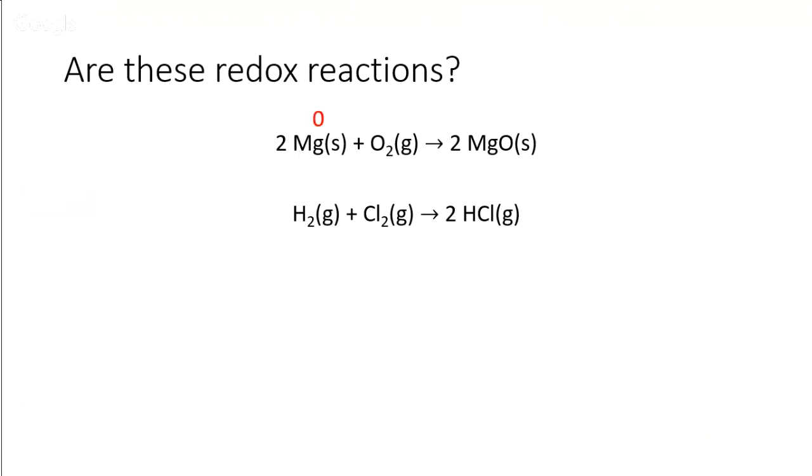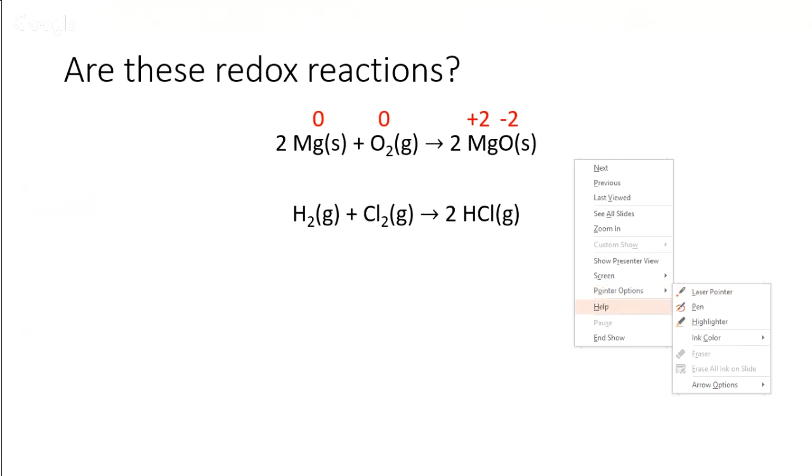So magnesium in the first equation is a free element. It's all by itself, it doesn't have a charge, so its oxidation number is 0. And oxygen here is only attached to another oxygen, so the oxidation number is also 0. On the other side of the equation, however, we have magnesium oxide. The oxidation number of magnesium in magnesium oxide is +2, and for oxygen, now that it's attached to something other than oxygen, it's -2. If we look at any one element now, look at magnesium, it goes from 0 to